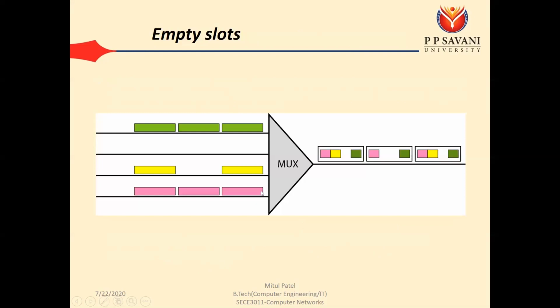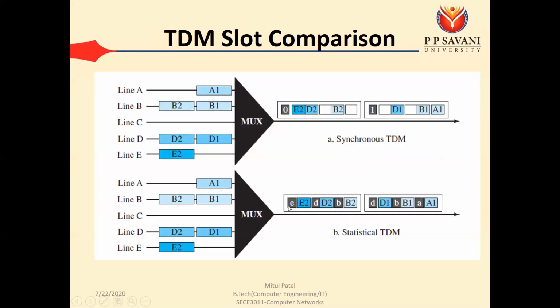જે આપણો multiplexer છે તે 1 by 1 slot ને check કરશે. જો input time slot માં data હશે તો એ frame માં મૂકશે, જો નહીં હશે તો એને નહીં મૂકે. તો અહીંયા frame create કરીએ તો એમાં આપણા ખાલી 3 જ slot આવશે, ખાલી first, third and fourth, like that. So here we have this TDM slot comparison.